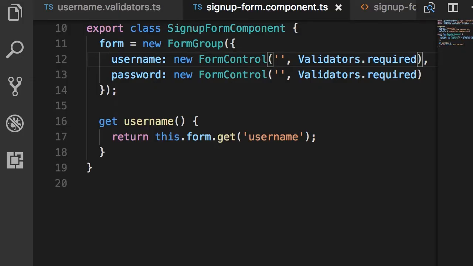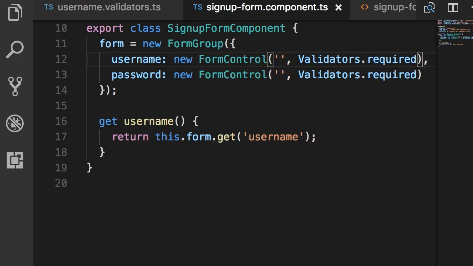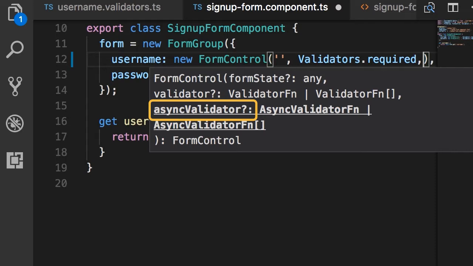All right, back in our component, here where we create a form control object. Look at this constructor. So far, you have seen these two parameters. The first one is the initial value, and the second one is one or more validator functions. Now let's take a look at the third parameter. Here we have async validator. And as you can see, the type of this parameter is either async validator function or an array of async